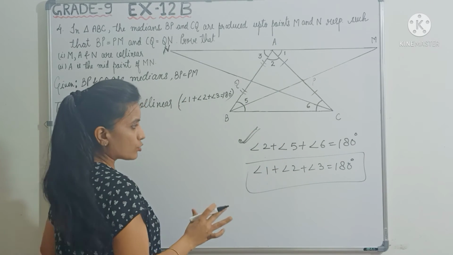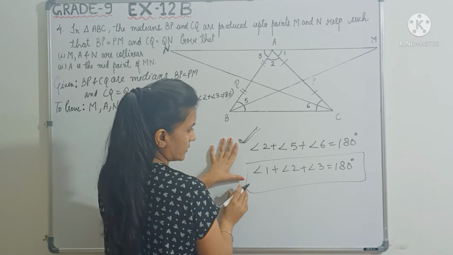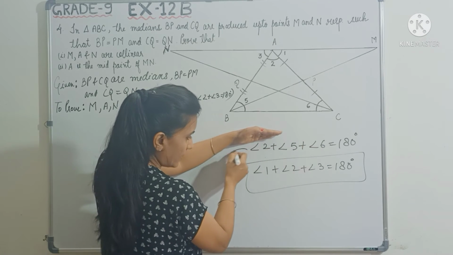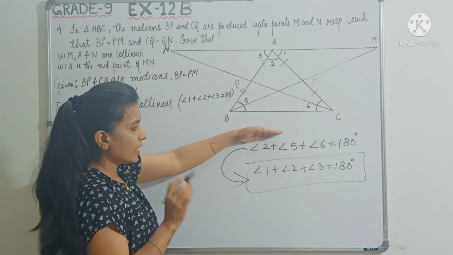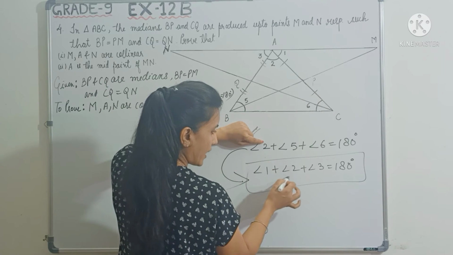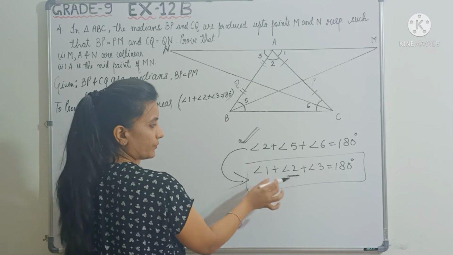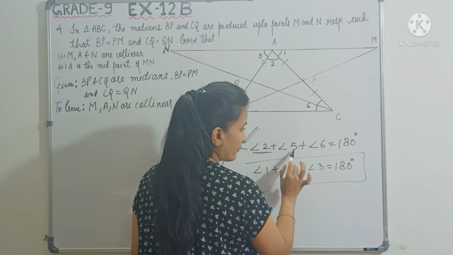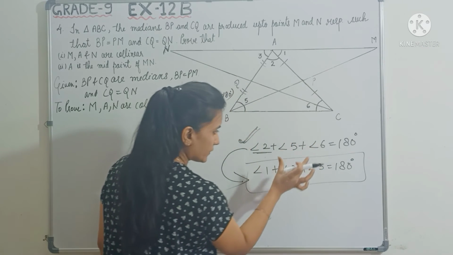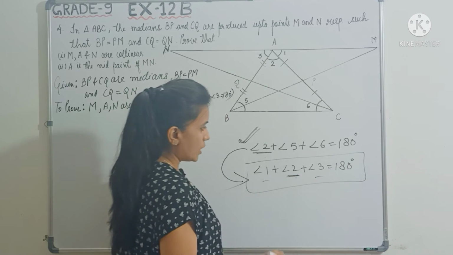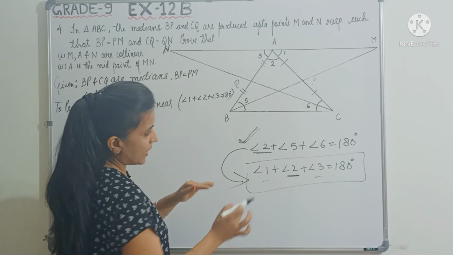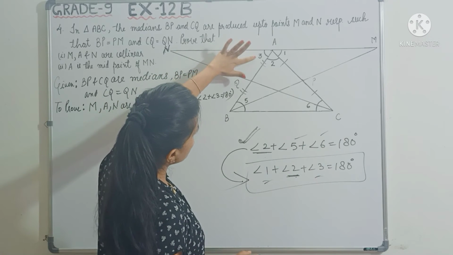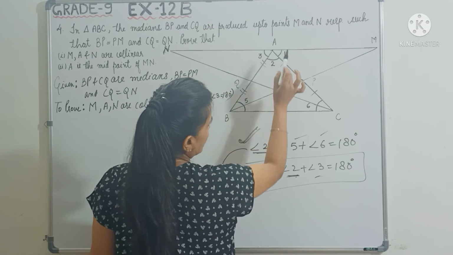We can see that. So if you compare this and this, from this we have to make some changes and arrive at this. Now angle 2 is there, I have angle 2 here, so angle 2 is fine, I don't have to change it. I need to change angle 5 and angle 6. I have to convert both of them into angle 1 and angle 3. So let's see what relationship angle 5, 6, 1, 3 have. You can see in the diagram, angle 3 is here, angle 5 is here. Angle 1 is here, angle 6 is here.